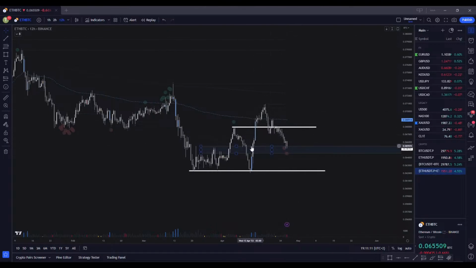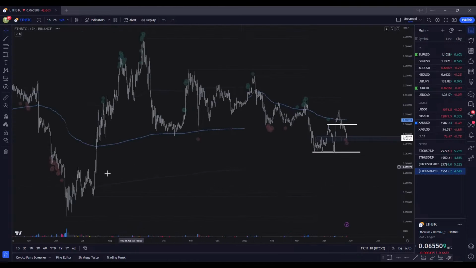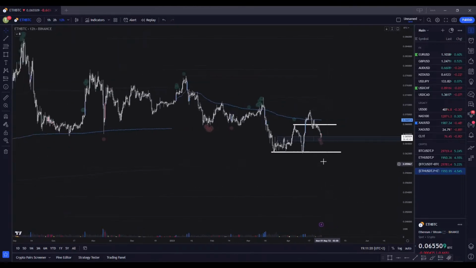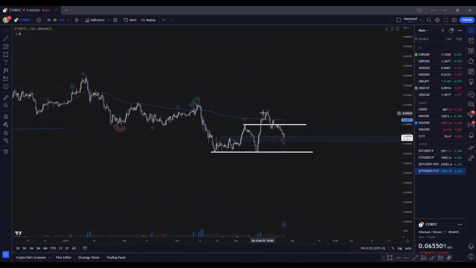If this push to the upside wasn't a complete fake out, and this is not just going to roll over and go back into this consolidation, if this was a genuine push to the upside, this should be the pullback, and we should be holding somewhere around this area, maybe a little lower. Seeing this low hold should give some room for ETH and alts, possibly, if Bitcoin is not going to die completely and all of that.